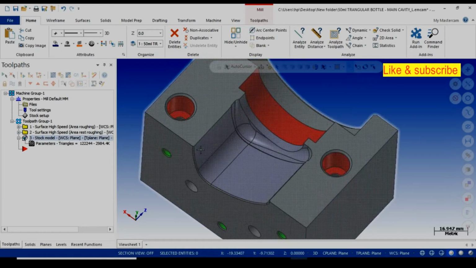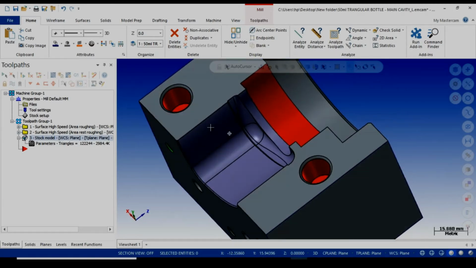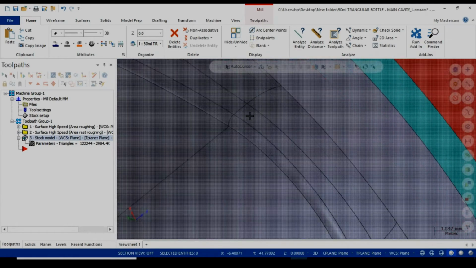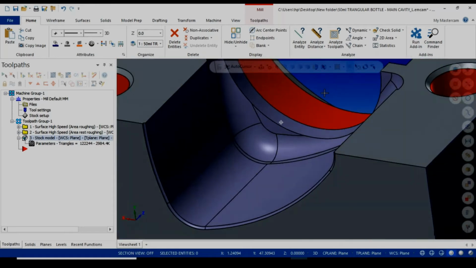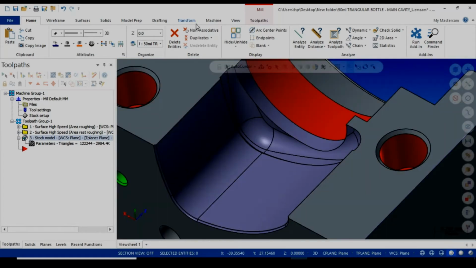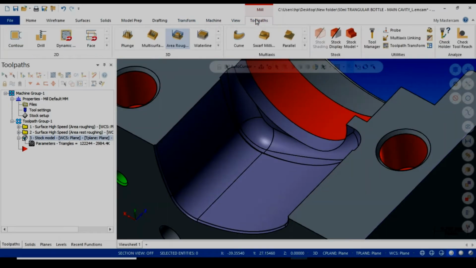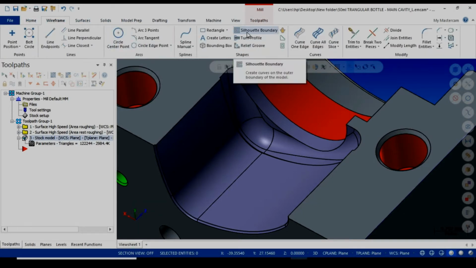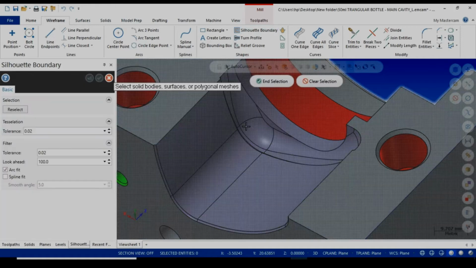To create the toolpath here, I have to create some boundaries, otherwise I can use the same from models. To generate the boundaries, you can select here in the silhouette curve also.